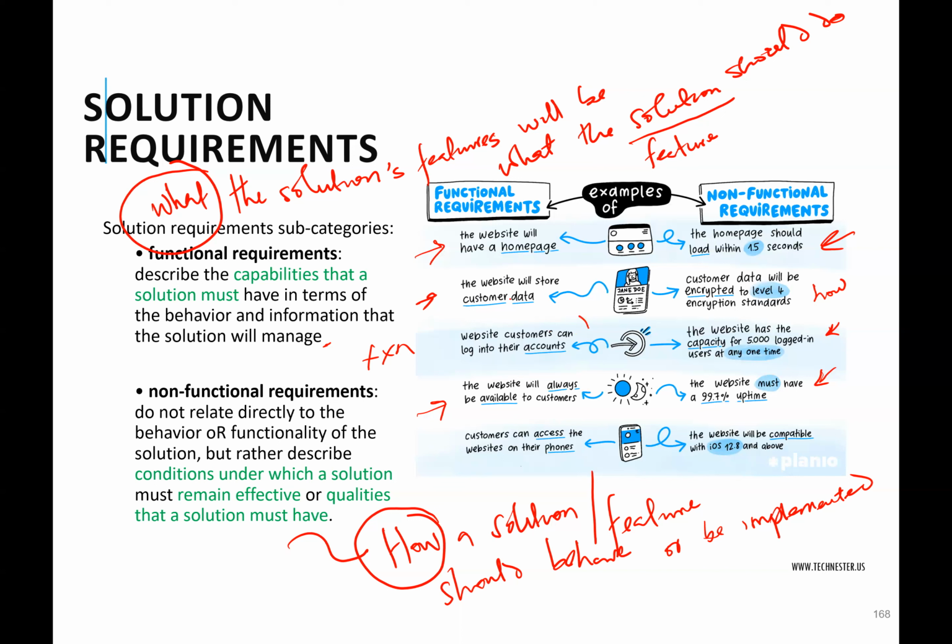Because if you collect functional requirements without understanding how the stakeholder wants that feature or solution to behave, then you haven't fully collected requirements. There is a huge likelihood that you will disappoint the stakeholder. You will not meet their requirement, right? So your requirement is not complete most times if it doesn't have both sides. Right? So as they are giving you functional requirements, remember that there should be non-functional requirements.